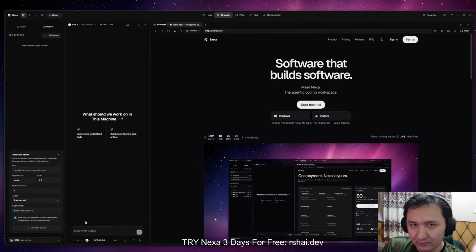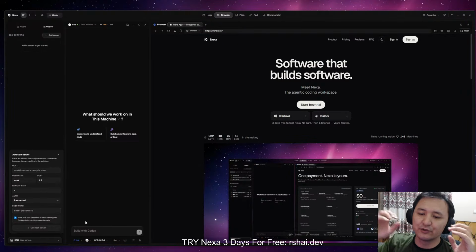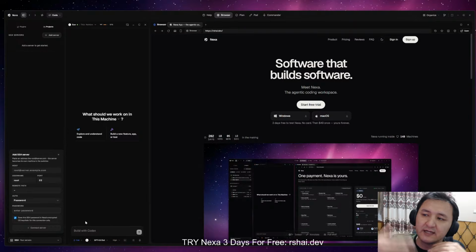I think that's how it works. I'm not sure, but I'm trying to explain. Then you create for it an SSH connection, password, everything, right? That will work as a server. If you go to another country, you open your computer through this, and inside Nexa, an agent will access that computer. Basically, it can do stuff for you. Like you say, open my computer, open this, close this, do that. Or you're maintaining your